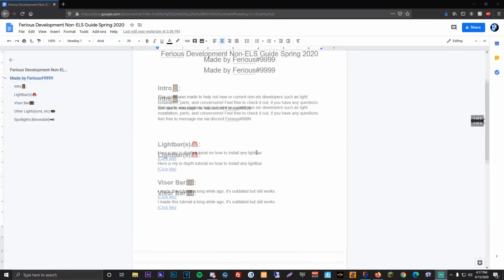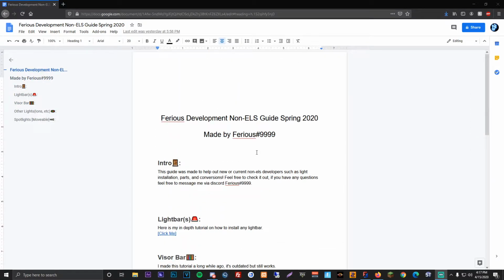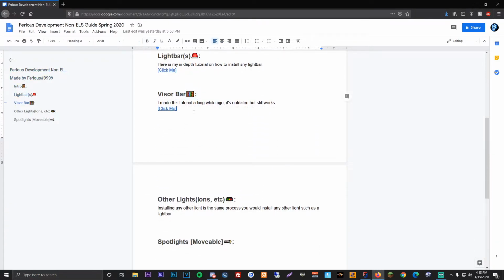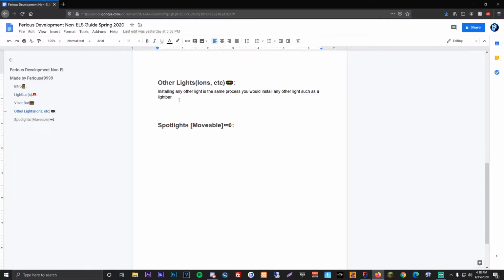And as you guys can see here on screen, I am making a document. It's titled Ferious Development Non-ELS Guide Spring 2020. Obviously, as we go through seasons, that's going to be changed. So here's the intro. This guide was made to help out new or current non-ELS developers, such as light installations, parts, and conversions. Feel free to check it out. If you have any questions, feel free to message me on Discord, Ferious #9999. So here I got the light bar with the link to my light bar tutorial, visor bar, same thing. Other lights, which is what we're installing right now, and then spotlights, probably the next tutorial, with the movable